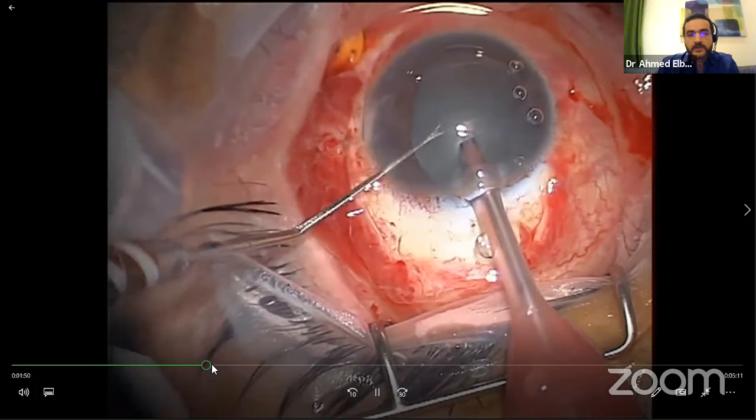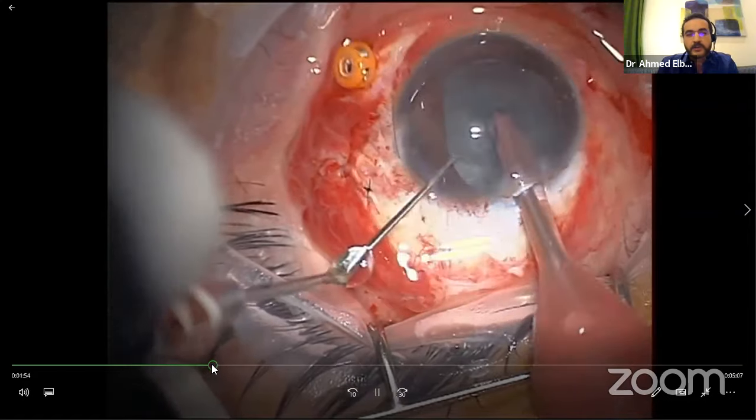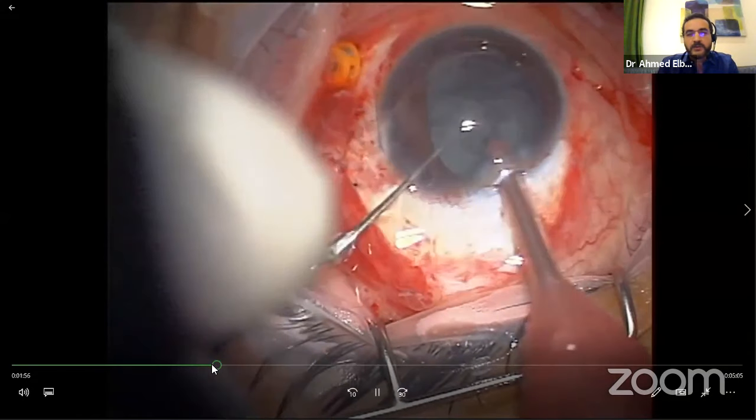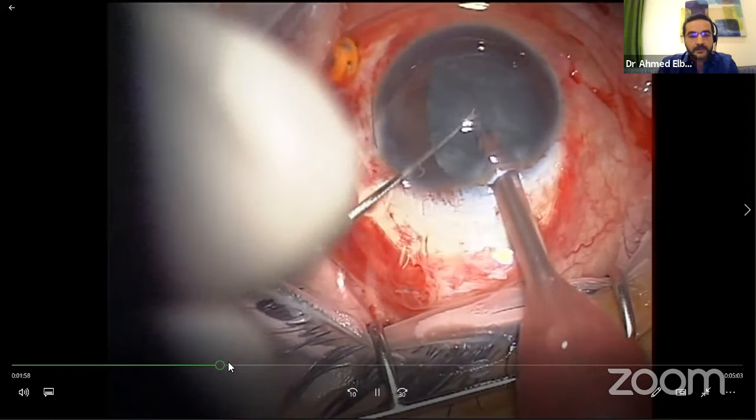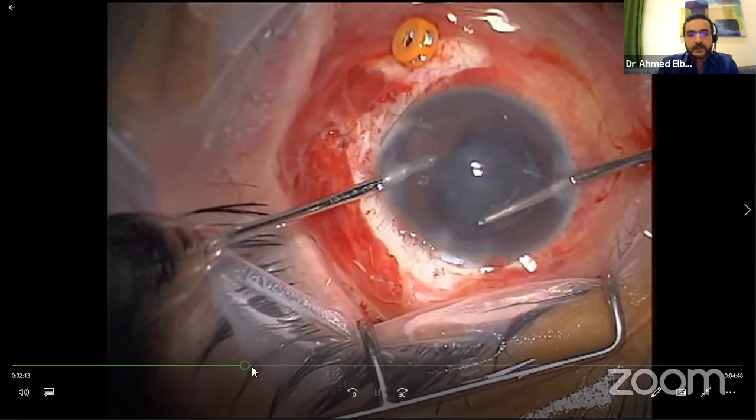So we go with the phaco, as you mentioned, that we use. I didn't even use a chopper because it's soft, so we use only high vacuum. You didn't even need to track. It was a very soft cataract. So after that, removal of the cortex, and